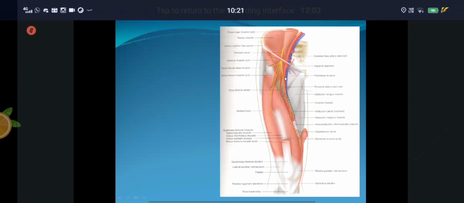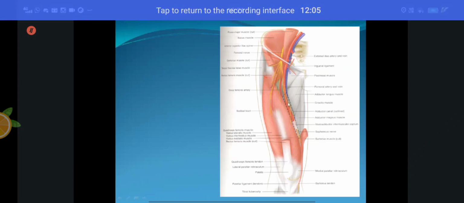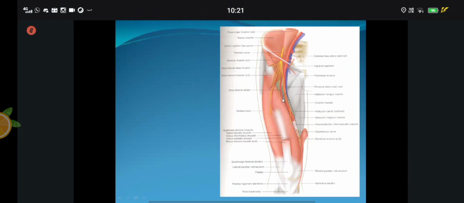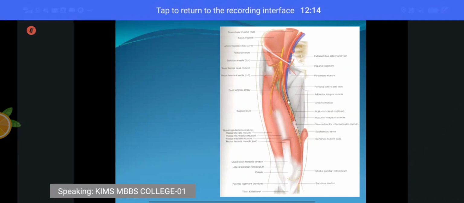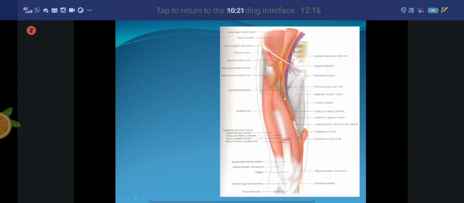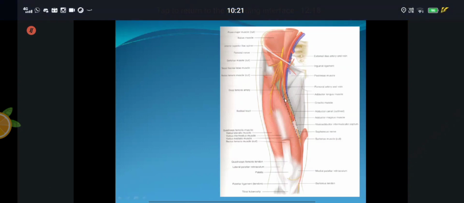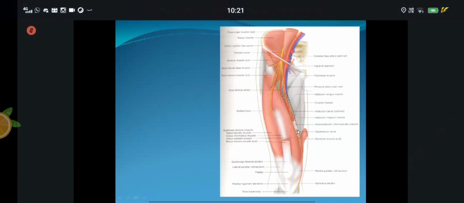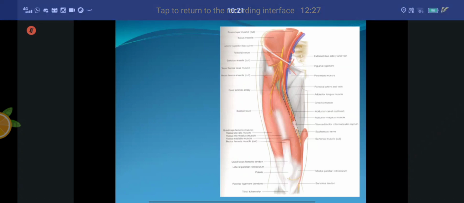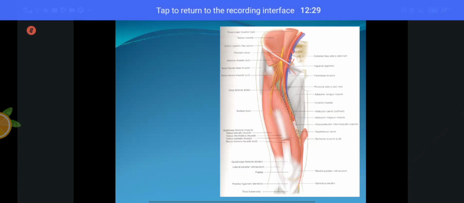Here is the content of the femoral triangle, and it is also a content of the canal. What is this canal called? It is the adductor canal, or the other name for the adductor canal is the Hunter's canal, which you will study later. And the femoral artery is a part of the adductor canal, and then it pierces through the osteoaponeurotic opening. What do you mean by osteoaponeurotic opening?